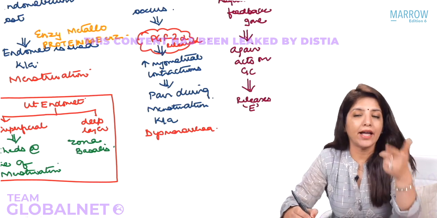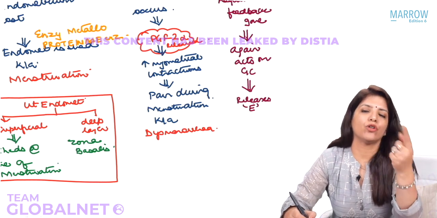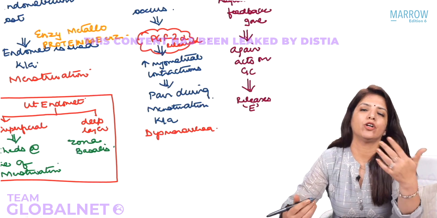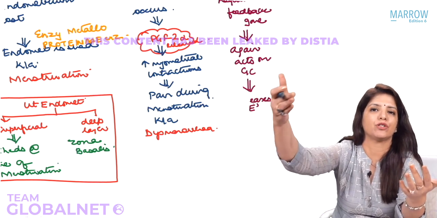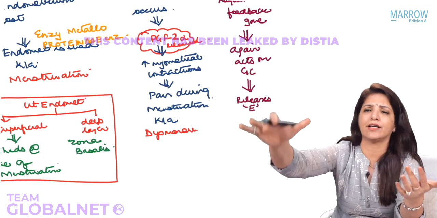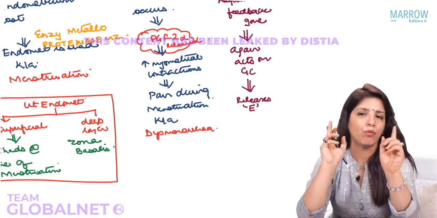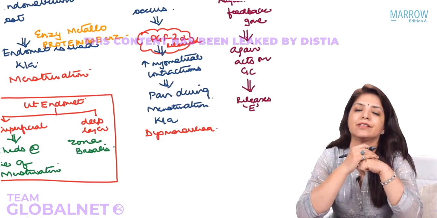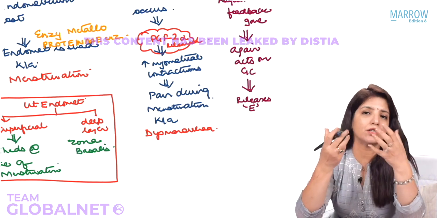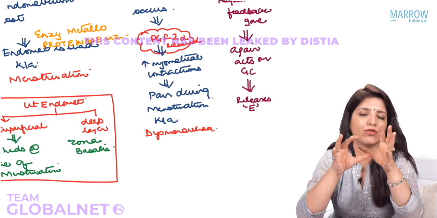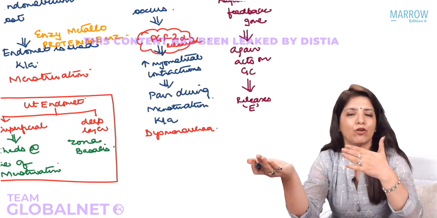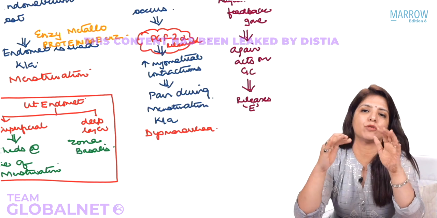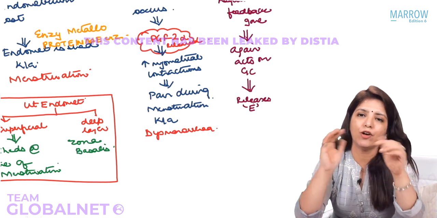Right? Again, this estrogen acts on the uterine endometrium and it proliferates it. Again, it has a negative feedback on FSH and a positive feedback on LH. And again, the entire cycle is repeated. Now, why I'm writing this here is because there were three roles of estrogen. One role was a negative feedback on FSH, another a positive feedback on LH, and the third thing was it proliferated the uterine endometrium.